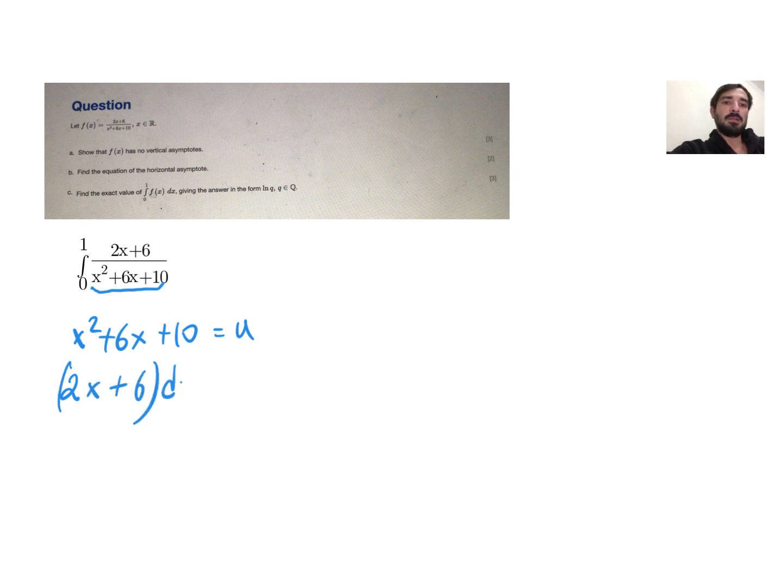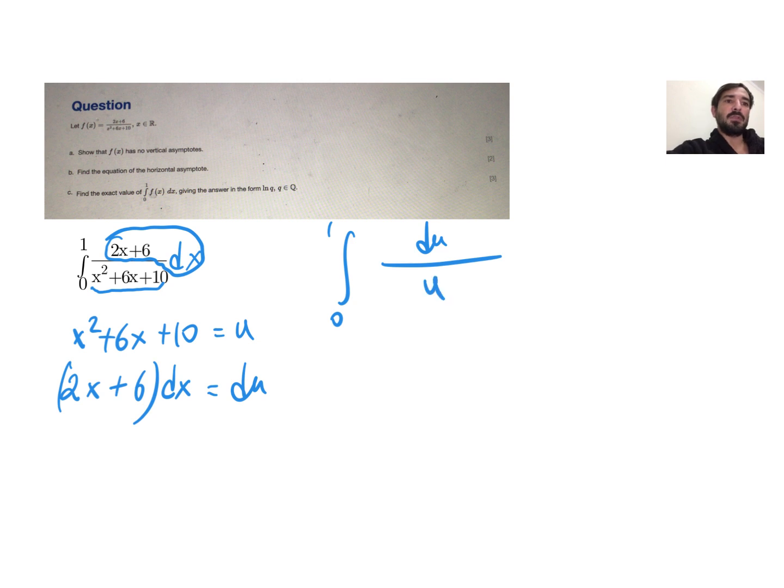Okay, in this case we want to find the exact value of the integral of f of x from 1 to 0. Let's start. Here I'm going to use integration by substitution. Let's call x squared plus 6x plus 10 as u, and I'm going to take the derivative of the left and right hand sides: 2x plus 6 dx will be du. So instead of writing 2x plus 6 dx, I will just say du